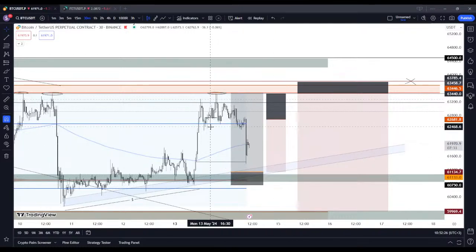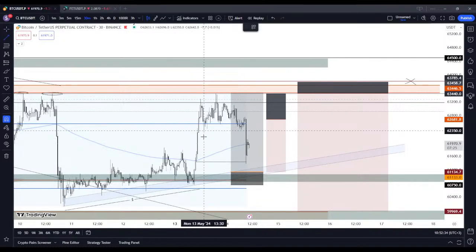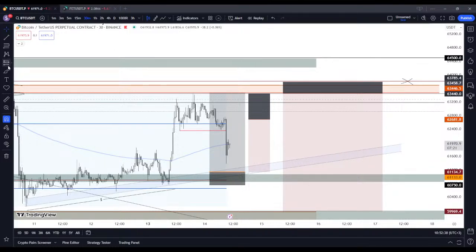2.04, 2R, because you see the low which created a new high basically displaced to the lower part. So logically speaking, we should get a retest of this previous support area around here.